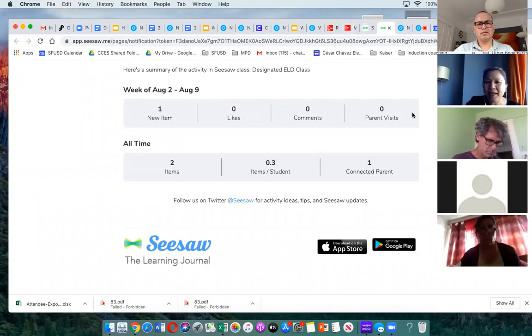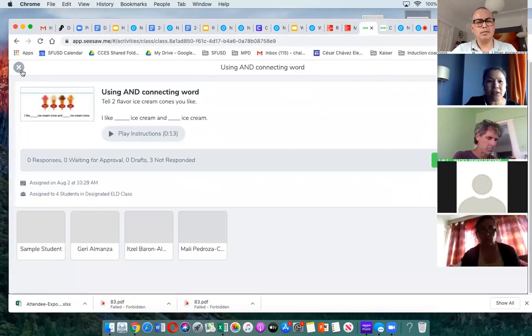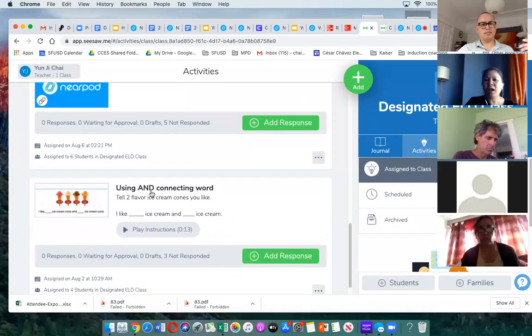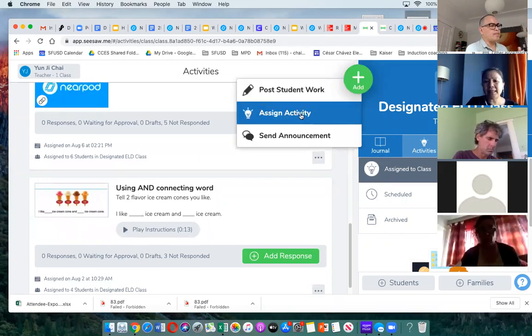Excuse me. Let me get on to my Seesaw. I'm going to go over the feature real quick. For Seesaw, it's really easy. Say after a lesson, I want them to have more practice, for example, using linking and connecting words. This is part of the lessons. So you go plus, assign,